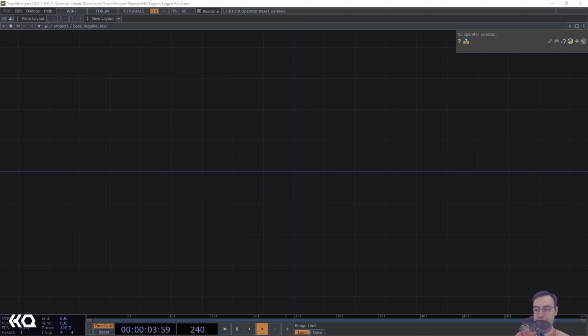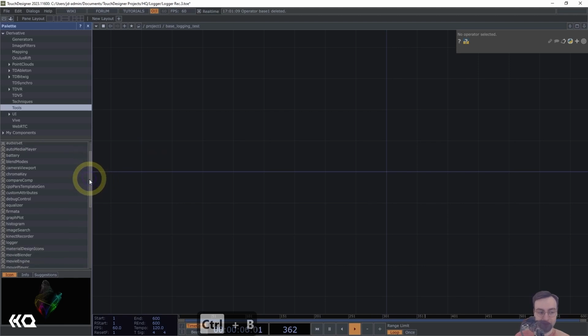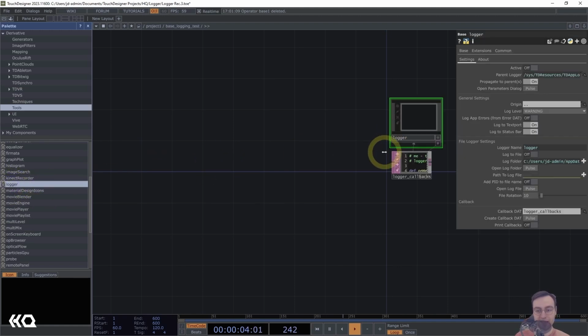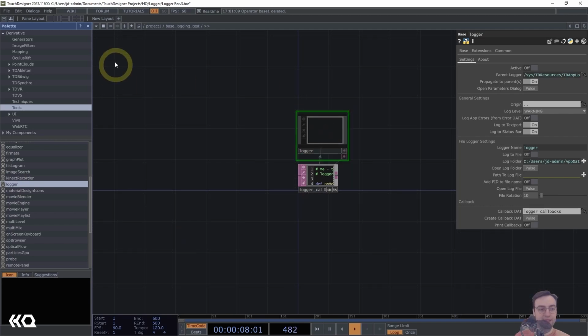And what we'll do to begin is to open up the palette. So we can hit the icon over here on the upper left of the screen, or hit Control B or Command B on the keyboard. And then if we scroll down, assuming we're in the Tools category, to the Logger comp, we can then click and drag that into our project. Now, what that has done